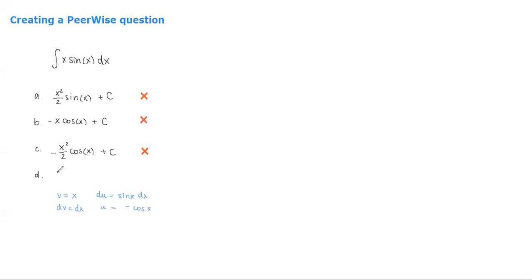Right? And so if I use this in order to integrate x times sine of x, I'm going to get u times v, which is minus x times cosine of x, and then minus the integral of v du. So that means minus the integral of minus cosine of x dx. And if you evaluate that, you're going to get minus x cosine of x plus the integral of cosine of x dx. Why plus? Well, because minus times minus makes a plus,